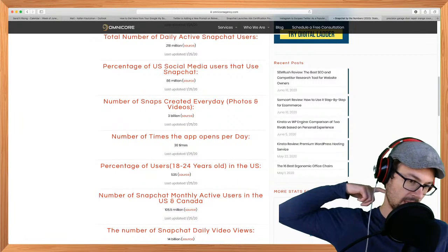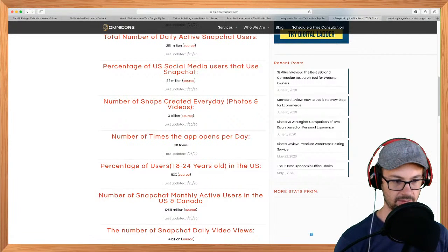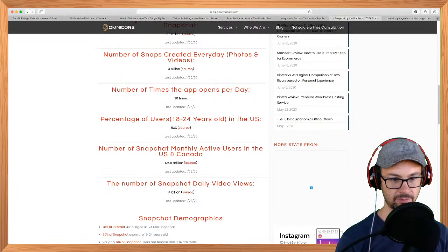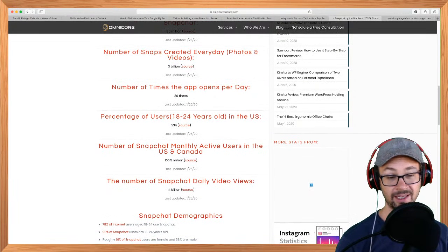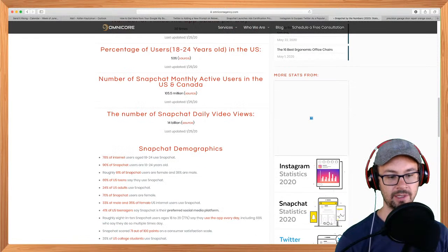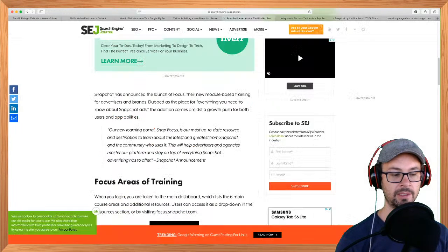So there you have it. I mean, the 13 to 18 demo, I don't know. How likely is it that a small business cares at all about that demo? Probably incredibly unlikely. But 18 to 24, college students, 53%. That's interesting. Yeah, so 90% of Snapchat users are 13 to 24 years old. 78% of internet users aged 18 to 24 use Snapchat. That's crazy. I'm saying, Snapchat, you might want to consider it for that 18 to 24